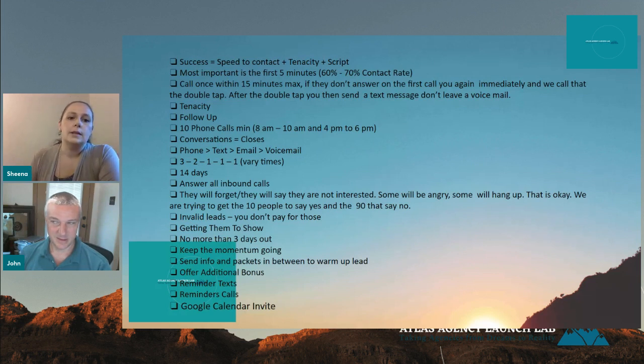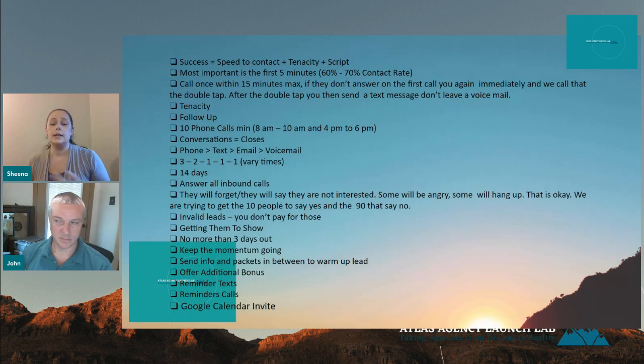Talking about conversations and how conversations equal closing, all right? If they don't have conversations with their leads, their lead was sitting on a couch and said, oh, this is really cool, and clicked on it and put their information in, blah, blah, blah. If they don't have a conversation, they're not going to become a client and a customer. We talk about using the phone, text, email, and voicemail, right? Talk about doing this for 14 days. The first 14 days you get a lead is very, very important. And then I have to remind them to answer all inbound calls. Right. This might sound basic, but